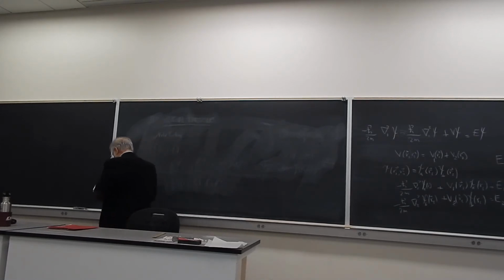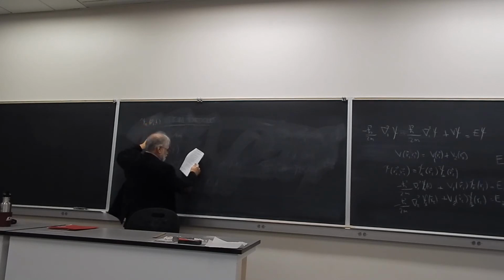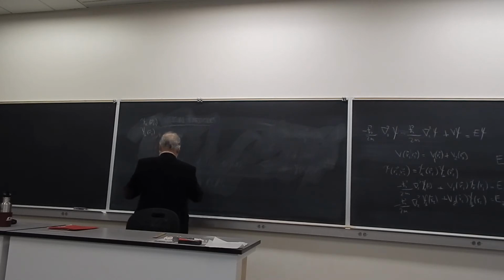So for example, if I have two non-interacting particles, and let's say one is in psi A of R1, and I will make it time independent, and psi B of R2, the product psi of R1 and R2 equal to psi A of R1 and psi B of R2